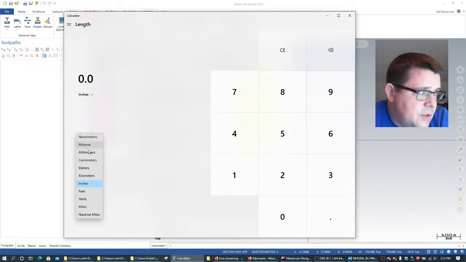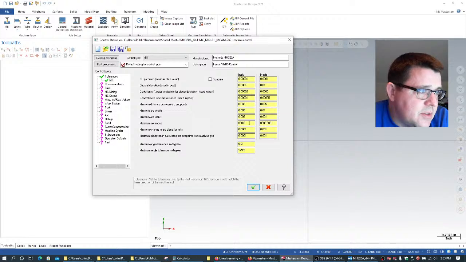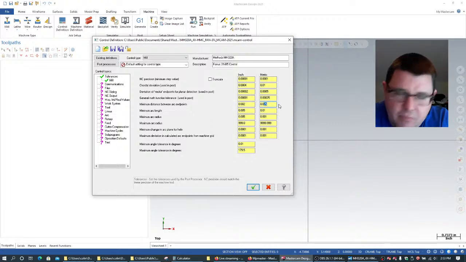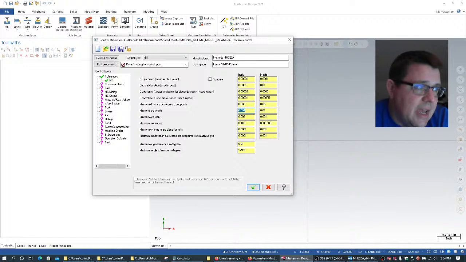So we'll go inches to millimeters, 0.002, 0.05 millimeters. Minimum arc length. So the minimum arc length, I believe, is a measure along the circumference of the arc. So I'm going to set that to 4 thousandths, and that would be more like 0.1 millimeters. Minimum arc radius. So these are the numbers that get passed from the Mastercam toolpath operation to the post